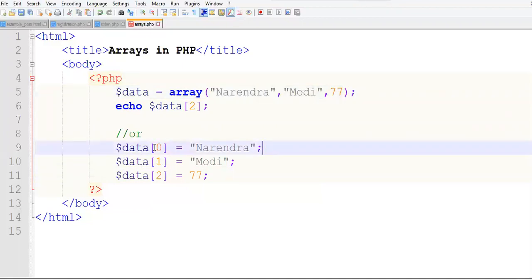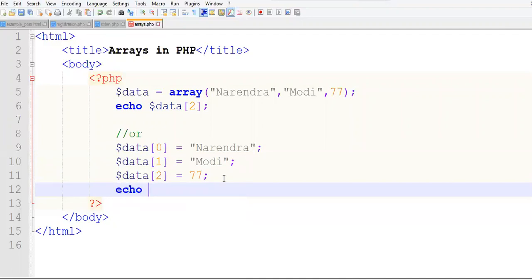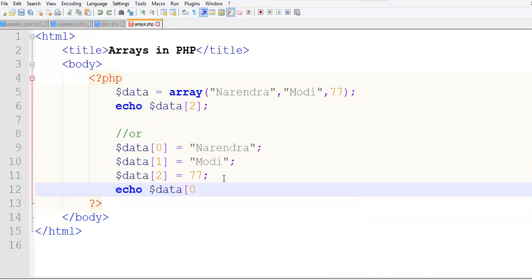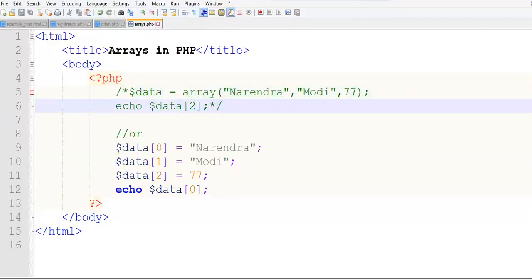Now at index 0, I want to have the value Narendra. At index 1, I want to have the value Modi. And at index 2, I want to have the value 77. Now let us try echoing it. Let us comment this, refresh this. So we are getting the value. This is the second way of creating an indexed array.